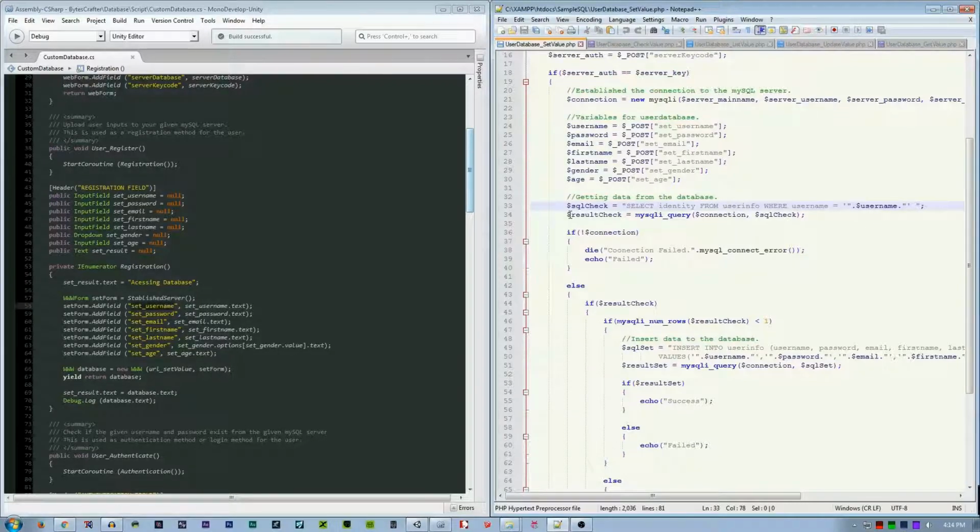Another is to make another variable called result check, equal to mysqli query using the connection variable and the SQL check. Sorry for that.